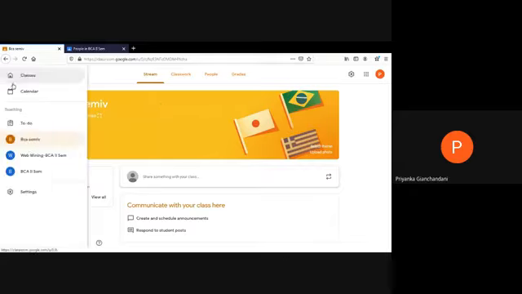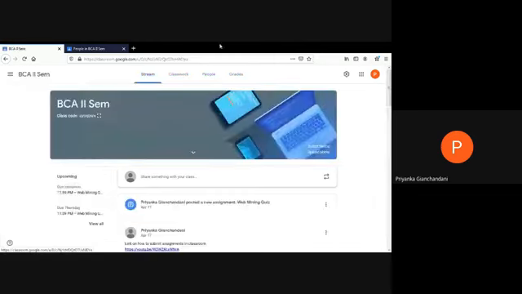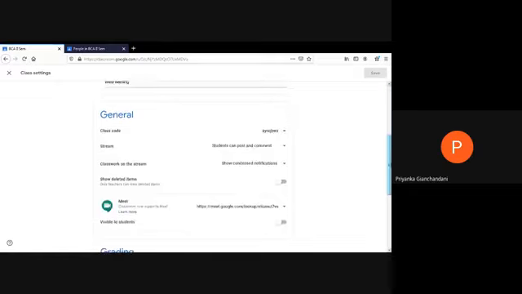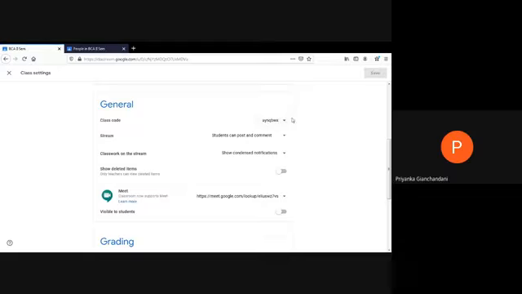Now there's another thing which needs to be discussed over here, the settings part. For accessing the settings of your classroom or for changing the settings of your classroom, you need to go to the settings tab. So this is the name of my class. If in case I want to change the name of the class, I can do it from here. This is my classroom code, which is going to be shared with my students. Now this is important. When I was discussing the stream tab, I specifically said that for my students, I have kept it open. That means my students can post as well as comment.